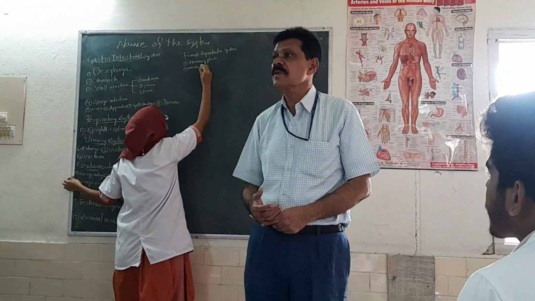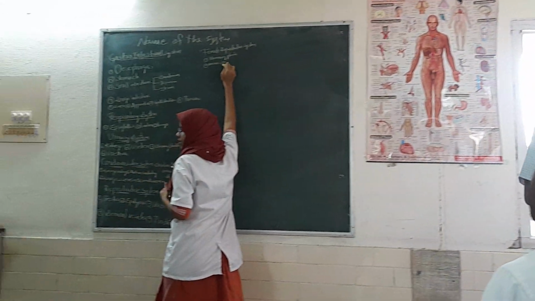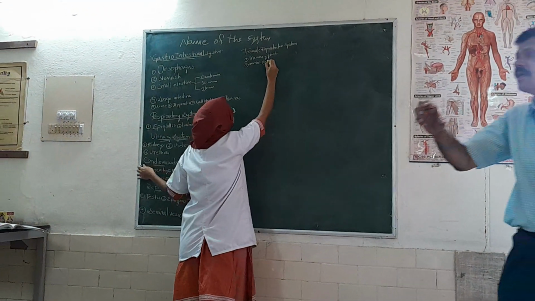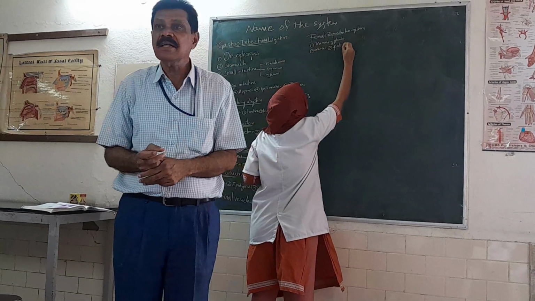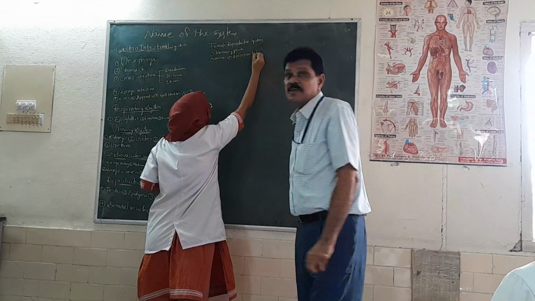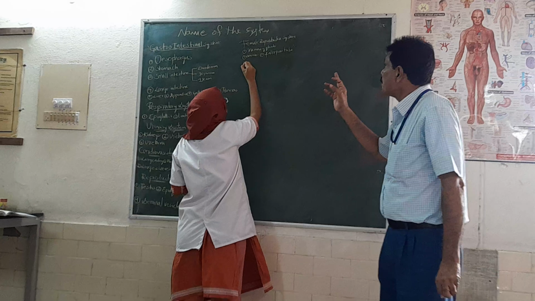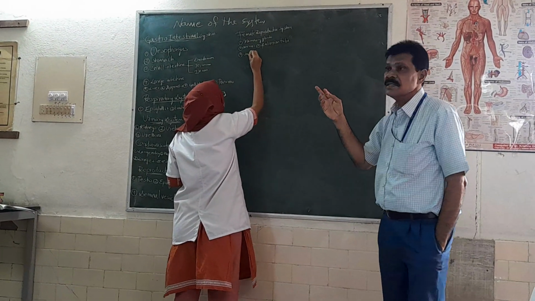And also placenta. From the placenta, food will come. What is that? Umbilical cord. Yes, placenta and umbilical cord are parts of the female reproductive system. So mammary gland, and also ovary, fallopian tube, uterus, and